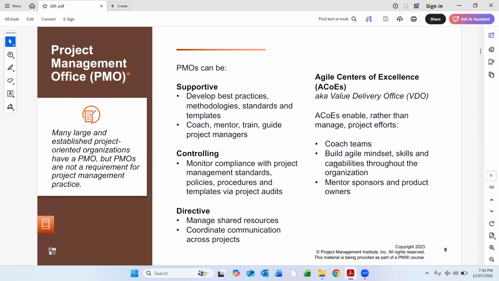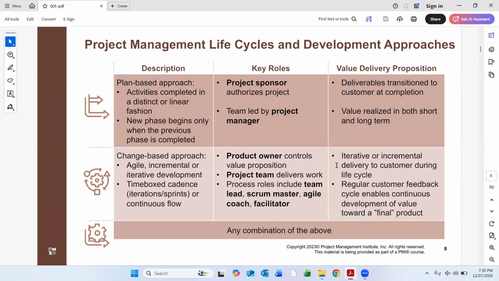Okay, but sir, one doubt. Will a design project come under change-based or plan-based, because the client keeps on changing the designs? Sometimes they want some 3D, another 3D like that. Sometimes if we give one elevation, they will change the design. They want something else. So this kind of thing comes under which one? Change-based or plan-based?